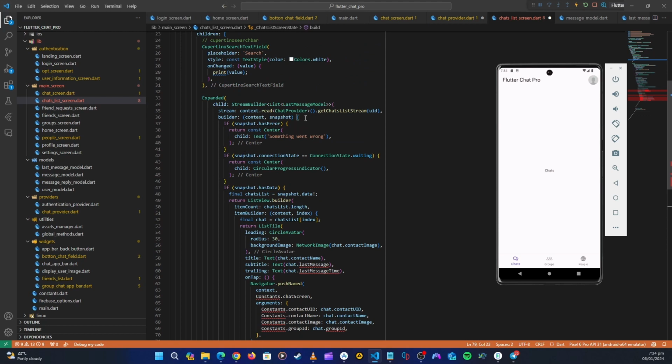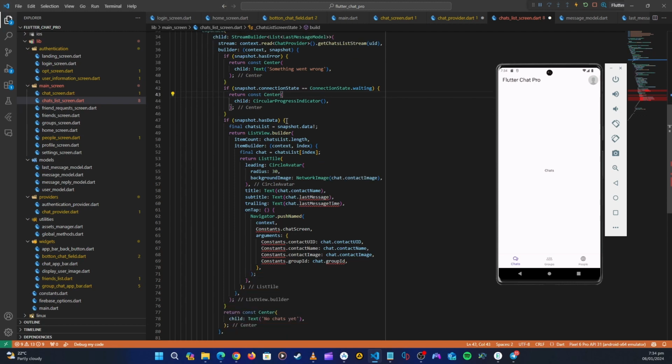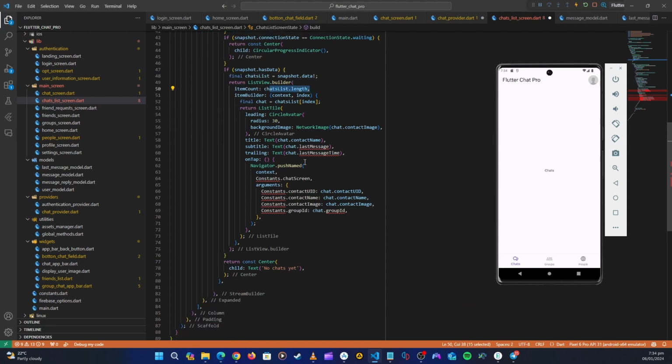We have that if a snapshot dot error, we have that. If it is waiting, we are going to show a circular progress dialog. If it has data, now we are going to get the chat list. Then we are going to put them .list.length, and then after we have them, we are going to get data of that list and then populate it. So here on the title, we're going to get chat.contact name, which is right, but